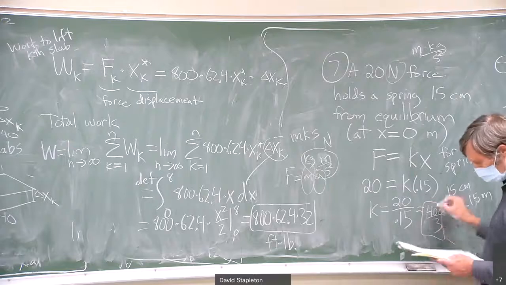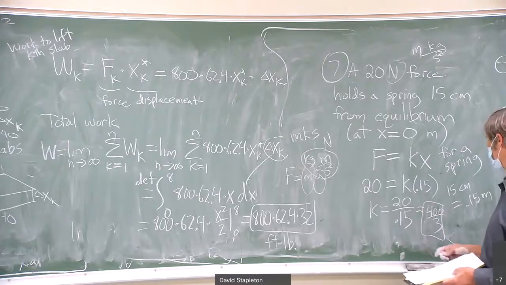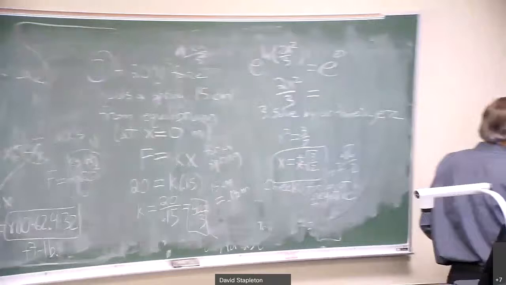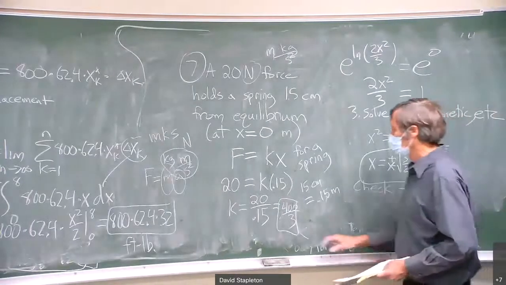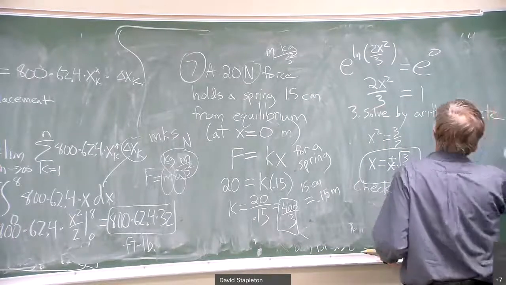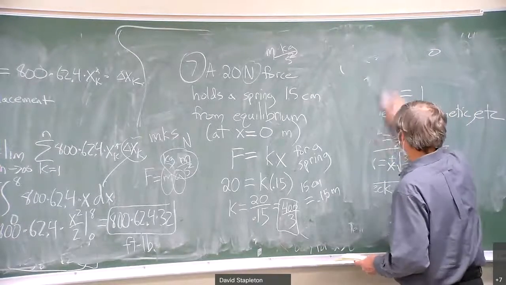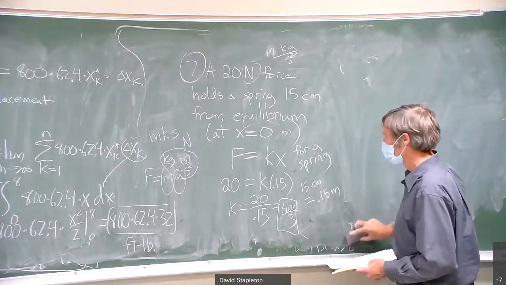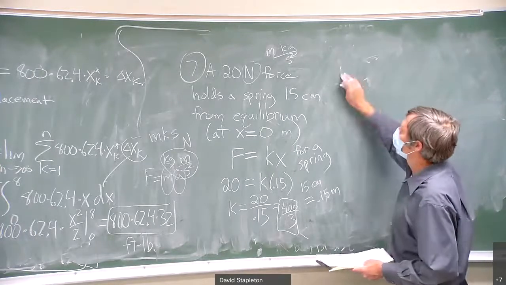All right, so K is 400 thirds, and now if K is 400 thirds, I have